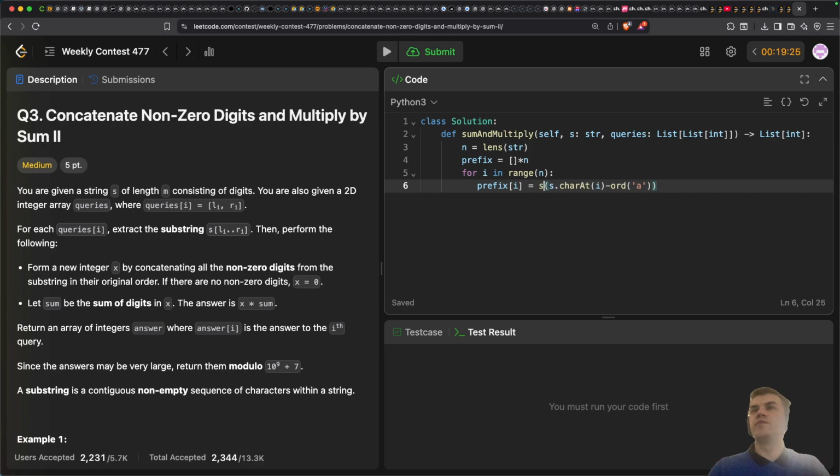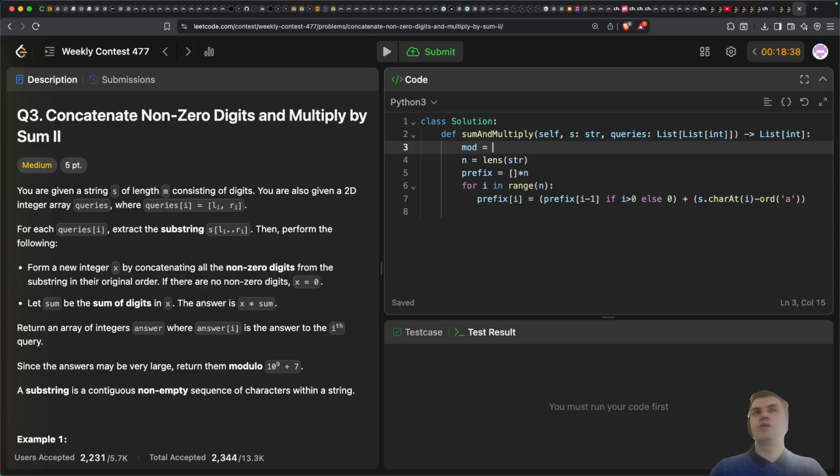And then here, if I minus 1 is greater or equal 0, just I greater than 0, then prefix[I minus 1], otherwise else 0, plus this one. So this is going to be prefix sums, and then I need to go